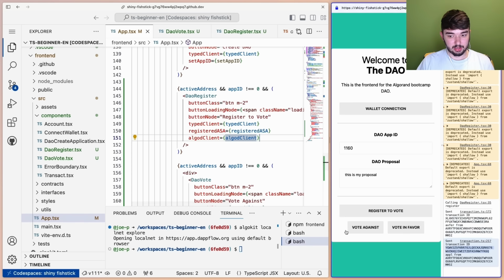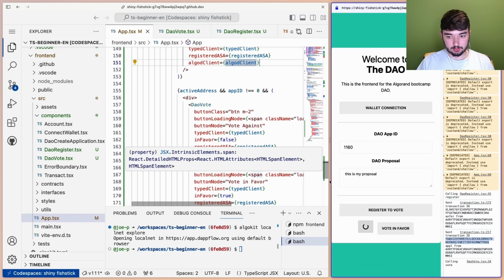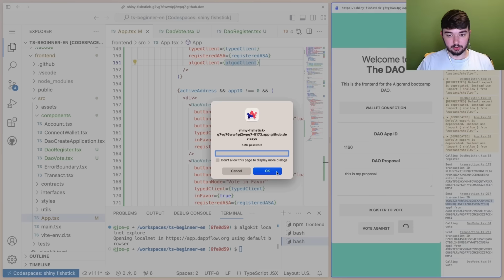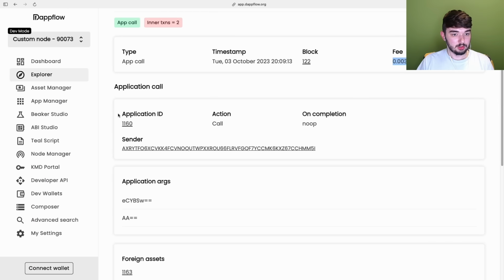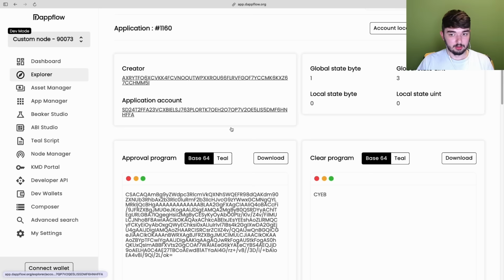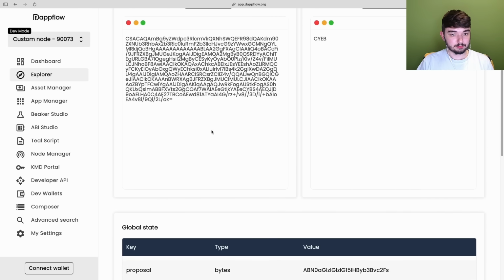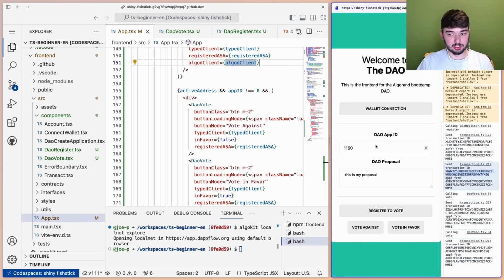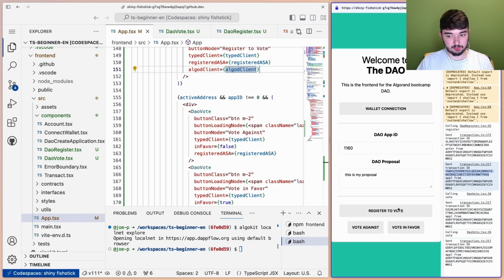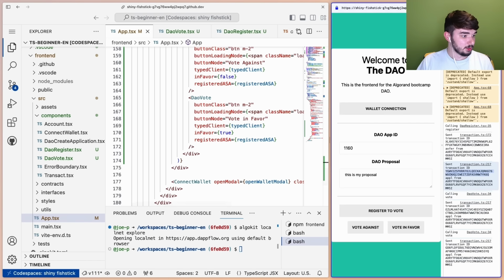Now let's get our vote functionality working. So if we actually go ahead and vote, it'll work just fine. So let me head back to that flow. We take a look at this app again. We can now see that our votes have showed up. But what we want to do is we want to update our UI. So we basically want to have the votes show here